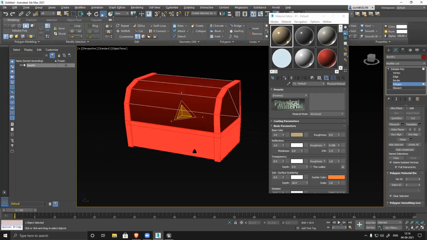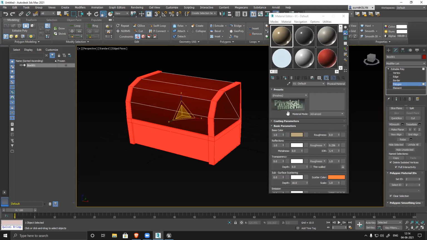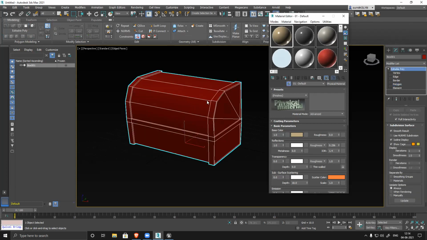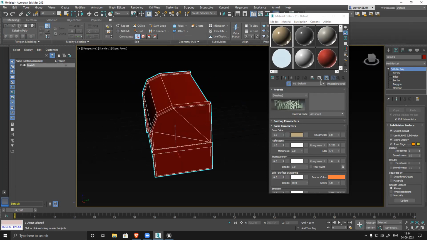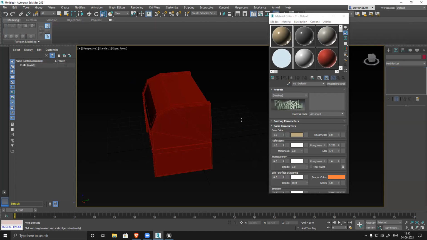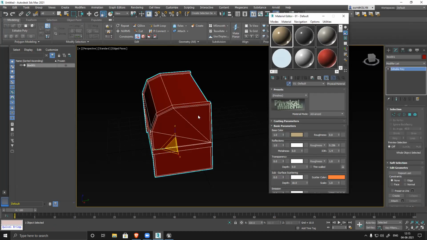Now you have given two different materials to this, the two IDs. If I take this dropper, there is no material assigned to it.